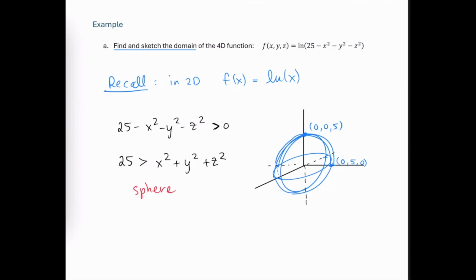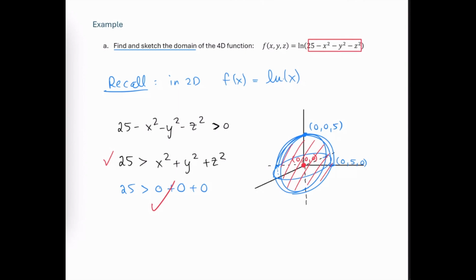So we're looking at a sphere in 3-dimensional space, and essentially now we're going to need to take a test point. If the surface does not pass through the origin, using the origin is the convenient test point, because we're looking for all of the ordered triples that'll satisfy this inequality, and we've got the region inside the sphere versus the region outside the sphere. So we simply pick a point, either inside or outside, and test it back in the inequality to see whether or not it's a true statement. This is true, so the ordered triples that are inside the sphere are the ordered triples that are allowable inputs